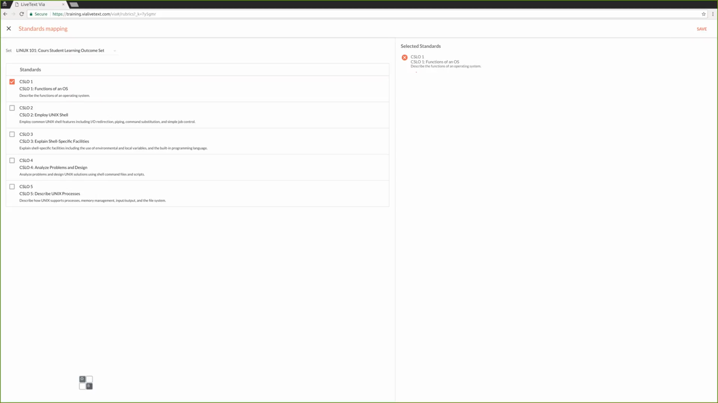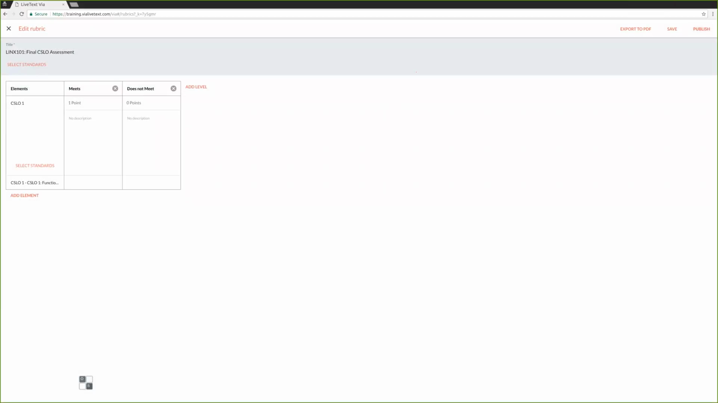Move my box down here. So I click save, and you notice now that CSLO has been populated into this bottom part of this first row of this rubric. So that's what we want. Now, this standard is mapped with this row in this rubric. So when we use it later, when you select an option here or here, the system will know it's mapped